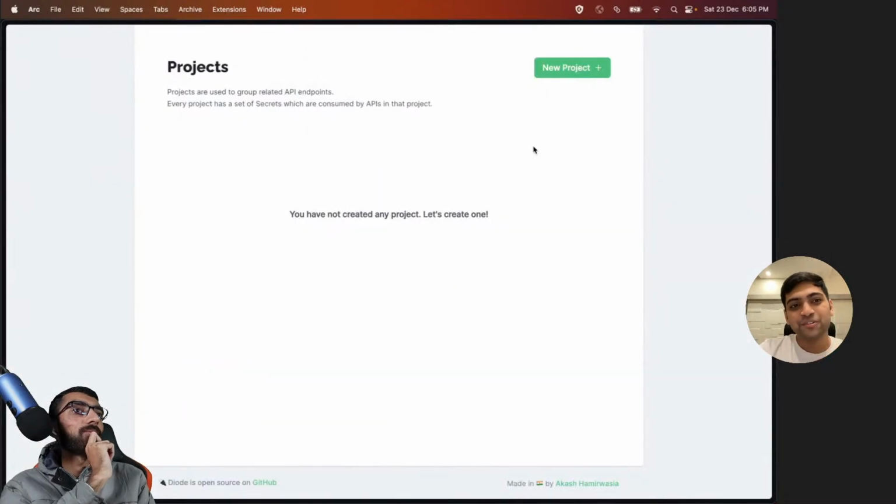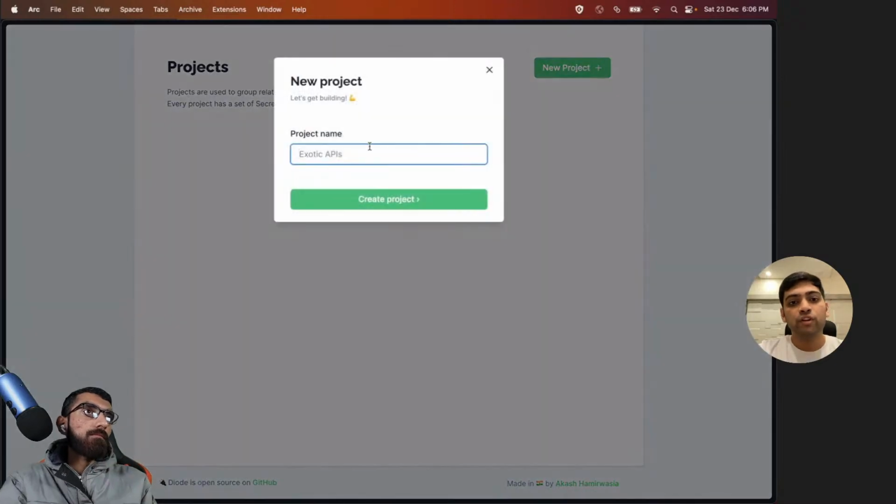Okay, so Diode is an open source tool. It's an open source API proxy service which allows you to add in your own origin API endpoints, and Diode will act as a proxy. So it will send requests on your behalf. And because it is a proxy, it can do various other things because it sits in the middle of API calls. So in the hackathon itself, the initial plan was to only build the part where you manage API